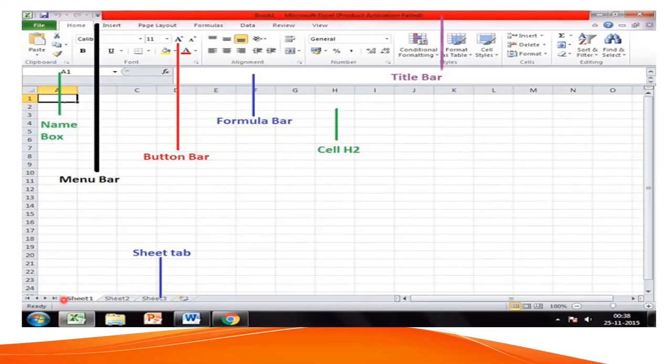Now I want to make the result of ninth A. If I have done that, I will go to sheet 2. I will start the result of ninth B, and then I'll go to sheet 3. There I will start the result of ninth G. And if I am going to add a sheet, I'll go to the plus sign. I'll add another sheet, that is sheet number 4, and I can rename it for metric B, or add another sheet as well for metric G. So by default, there are 3 sheets, but we can increase the number of sheets.